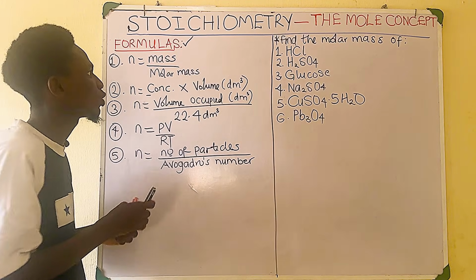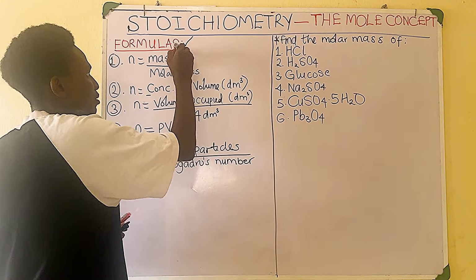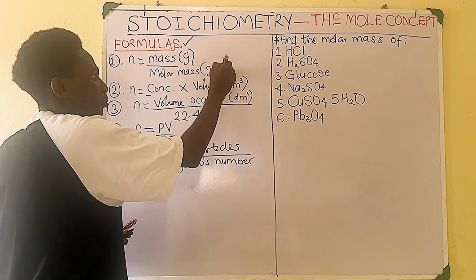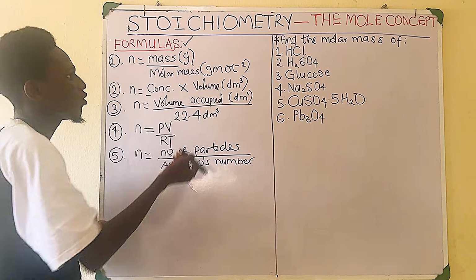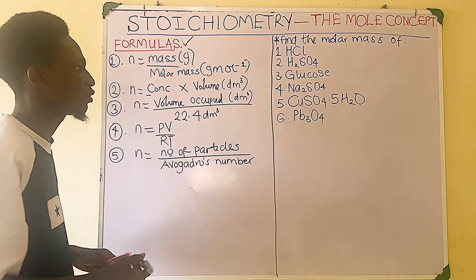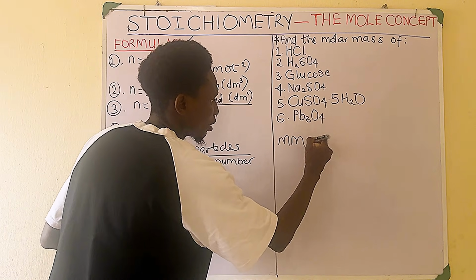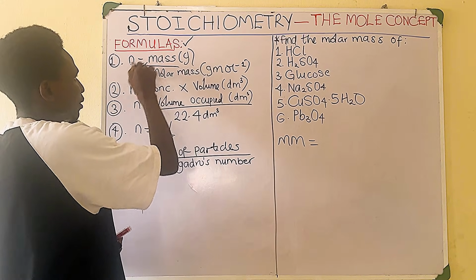Number of moles equals mass over molar mass. Now, mass is in grams, while molar mass is in gram per mole. Why is it in gram per mole? Because n is number of moles and n is in moles. If you want to make molar mass the subject of the formula, let's represent it as MM. If you cross multiply, making this one over 1,